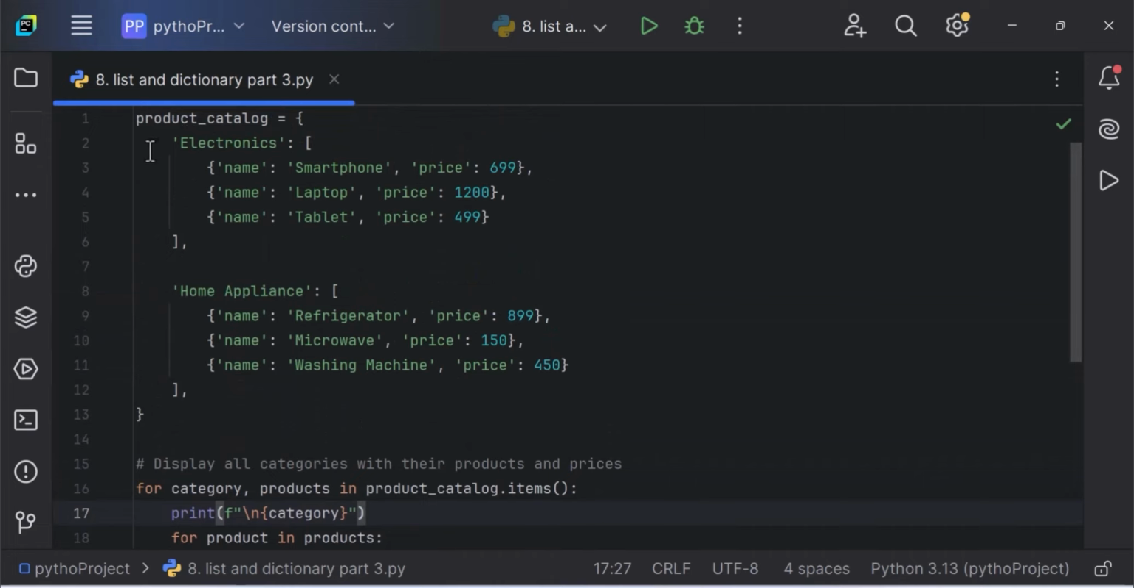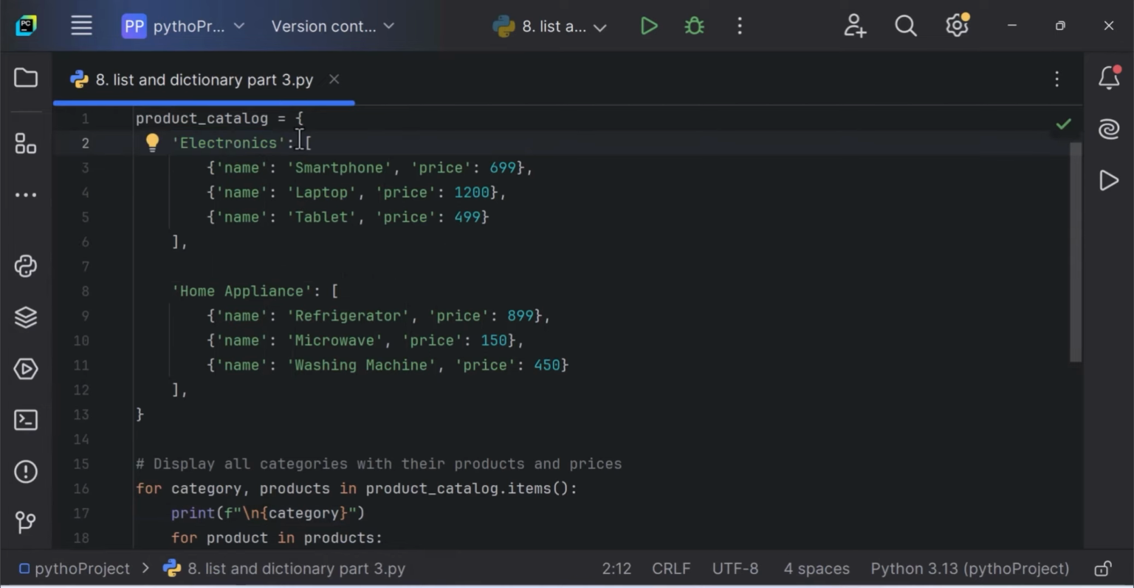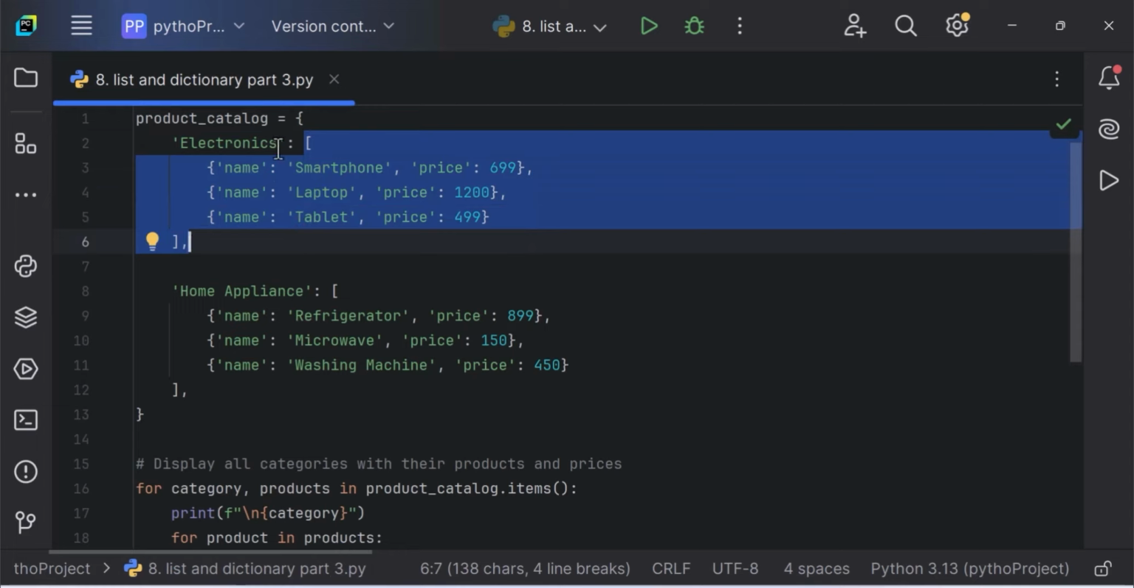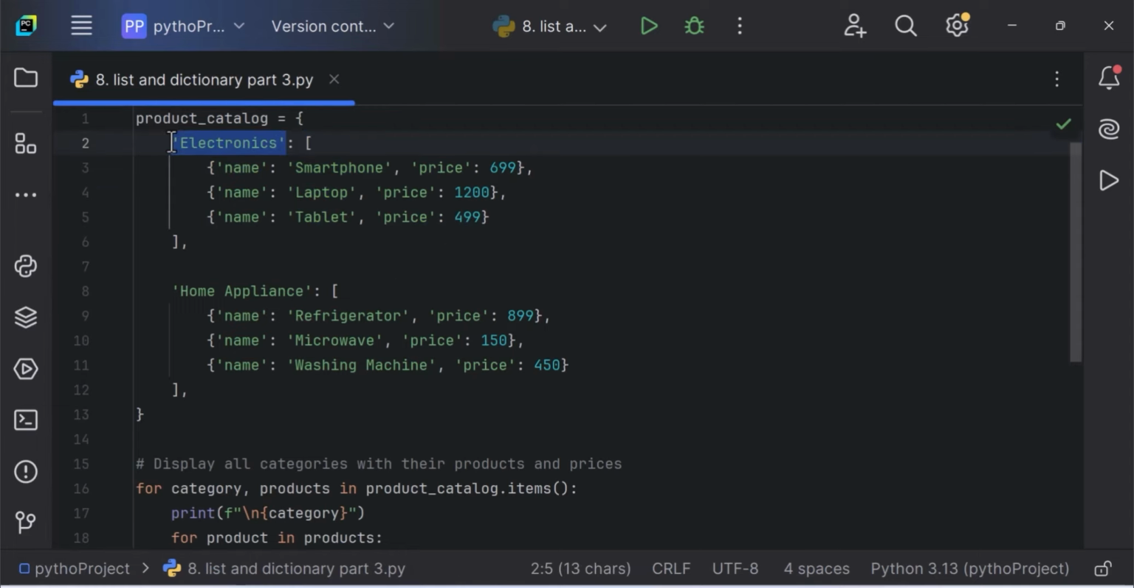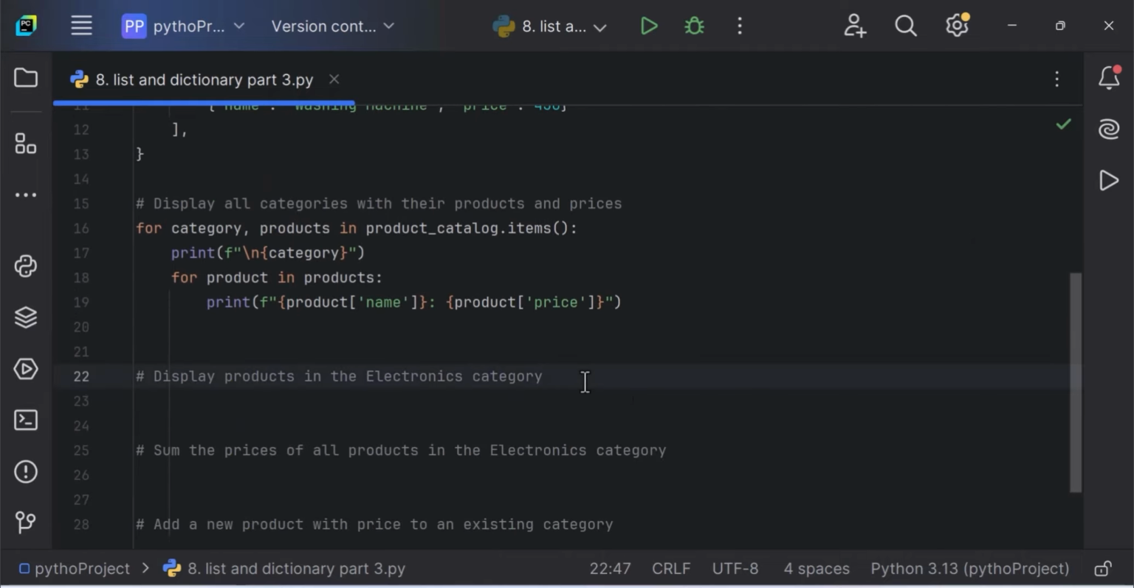So that means I only need this electronics category, and the products are values of the key electronics. So can I just streamline what I'm going to iterate through? I don't want to iterate through the entire dictionary. I want to iterate only the electronics category. So how do I pick the electronics category? I can use